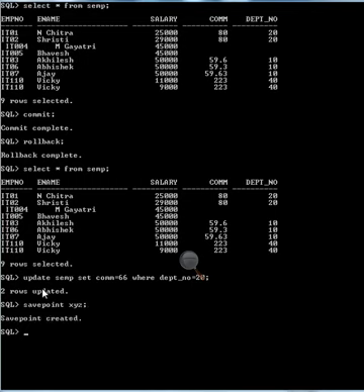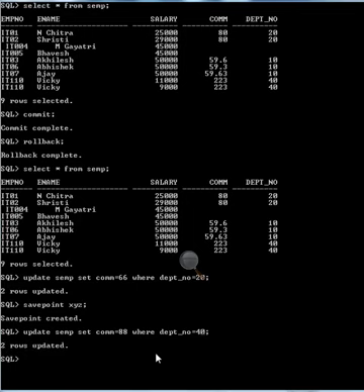Now let's update again. Update ACMP set commission equals 88 where department number equals 40. Again 2 rows have been updated.